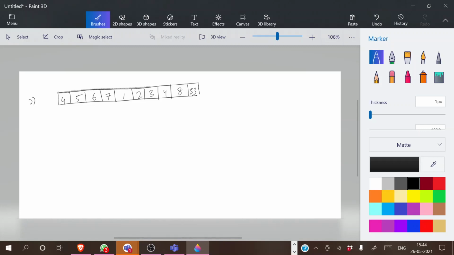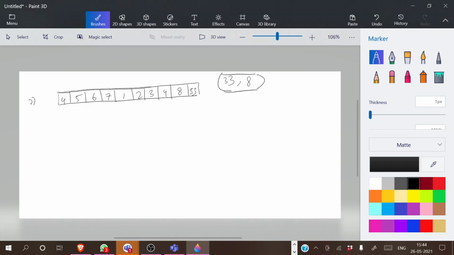If you just look at it, we'll be able to find out the highest number is 33, the first highest number, and the second highest number is 8, right? So obviously this pair should have the highest product value.